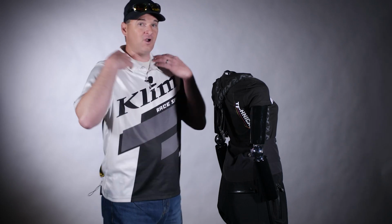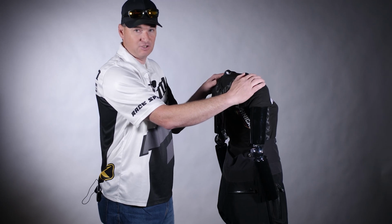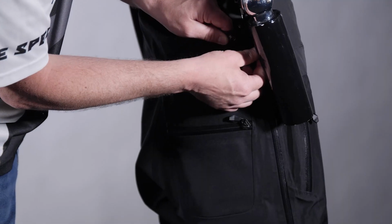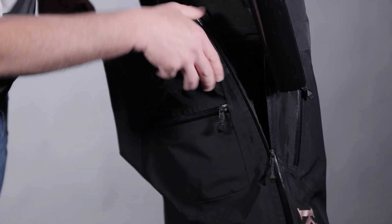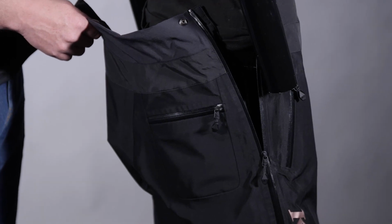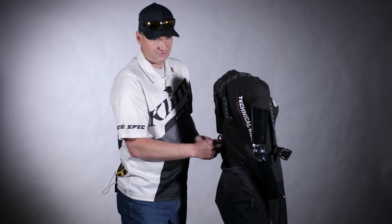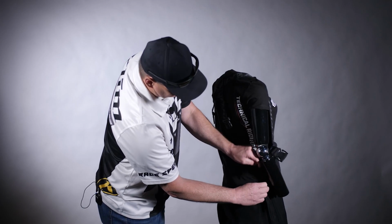So now the front of the bib will stay in place because we're maintaining our shoulder harnesses here, but it allows our female rider to drop these double-sided side zippers, and now the drop seat is actually built into the leg zipper, so it's as versatile as you need it to be. But again, we're still maintaining our straps over the shoulder. So the system is easier to use. We feel like it's more convenient. The buckles are easier to use. And we've incorporated it into these side leg vents